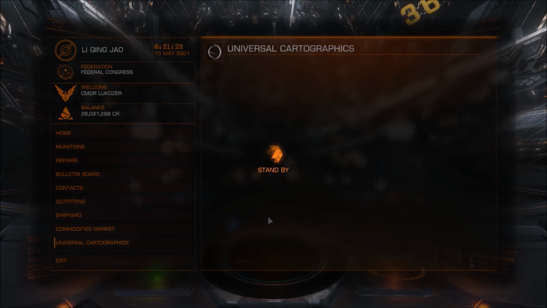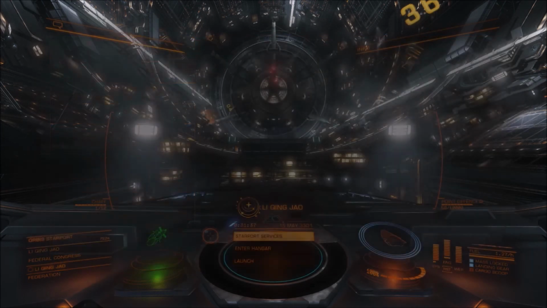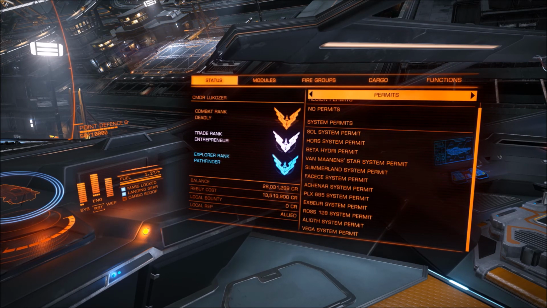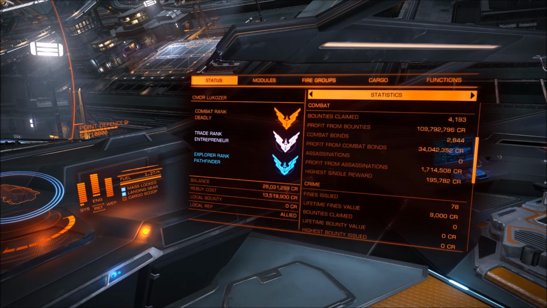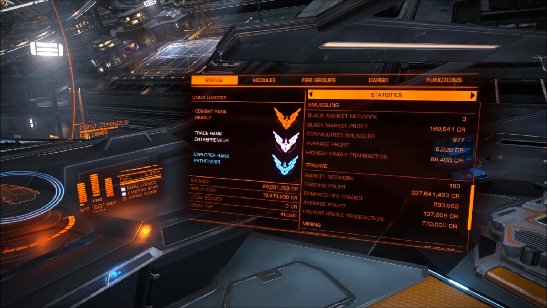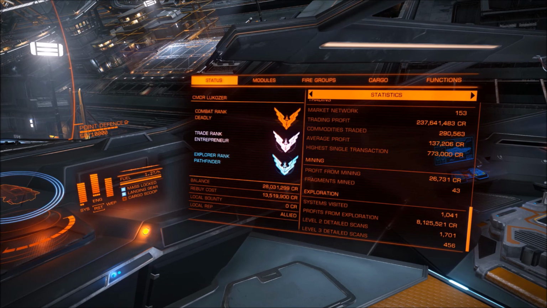Okay, I do have some cartography data to sell, but it's far too close to this system. It's only 7.17 light years away, so... And I know that you don't get an extra permit for doing this one. So, here I am with my permits, 12 of them, Hors being the most recent one, and another of the really pointless ones. And there are all of the stats. You can just read through them, there's no point in me reading them out. Oh yes, that is the highest single transaction of 773,000. Actually, now I think about it, I mentioned that in the first part of this video, so...